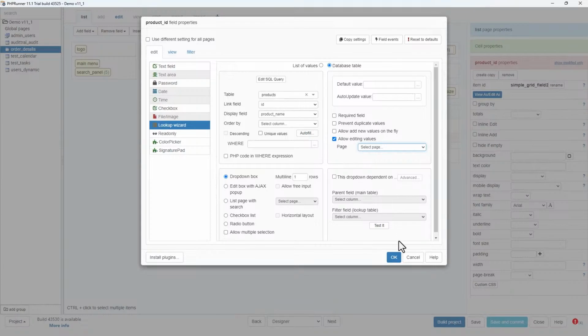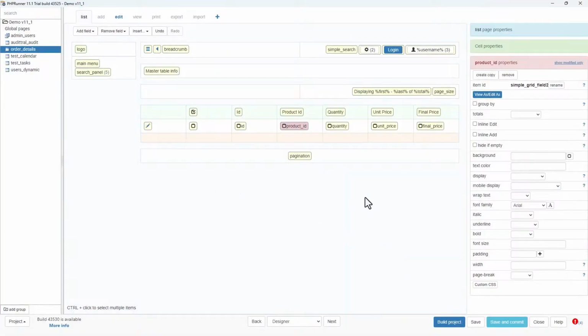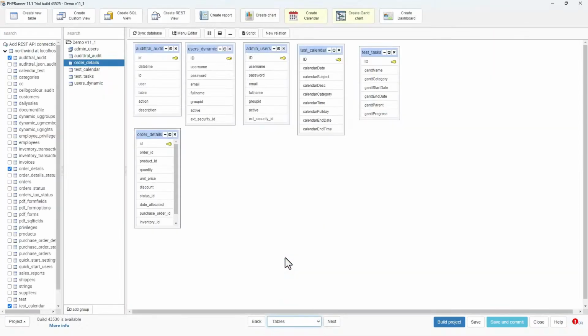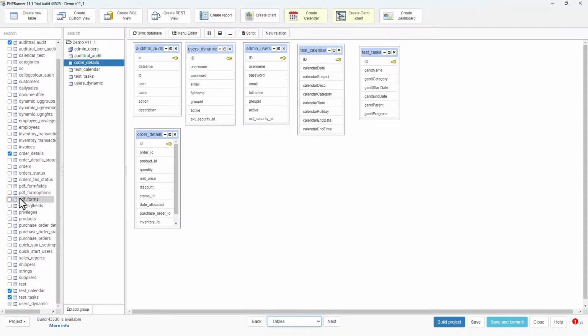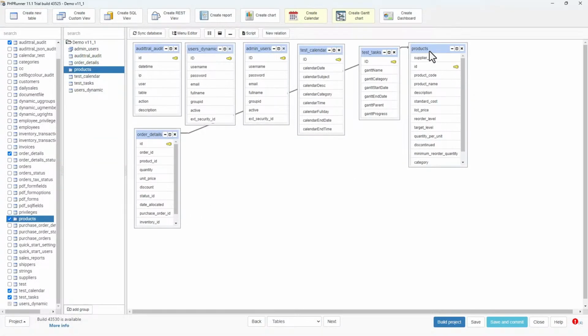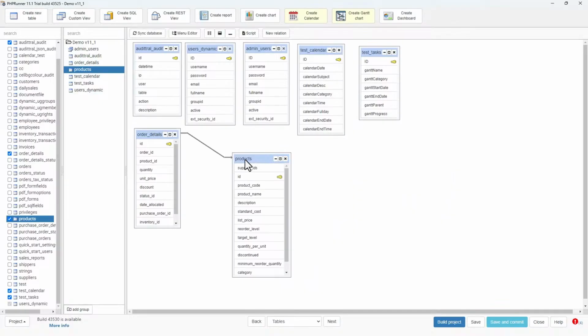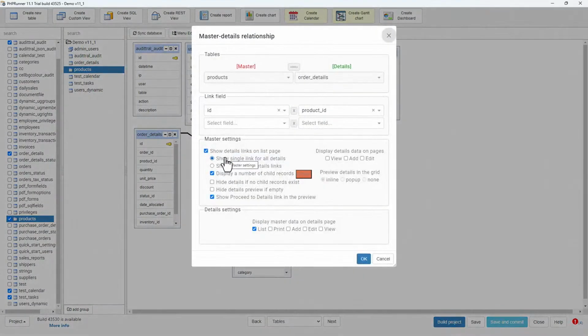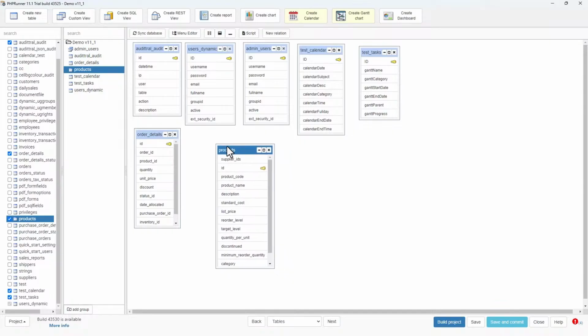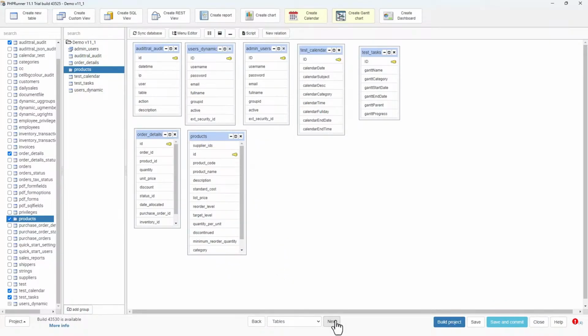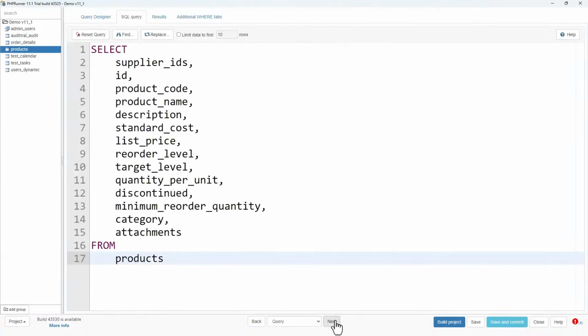Let's click OK over here. I'm going to go back to the tables field. I'm going to bring in that table now, just so I can have an edit page. So I'm going to bring it in. Here's the products table, but I'm going to break the link between the two tables. All the details, and let's just break the link. So I'm not going to edit, I'm going to remove the link. I don't want them to be linked. Okay, I want this product table to be standalone and to be treated as such.